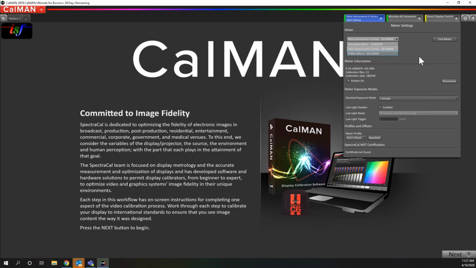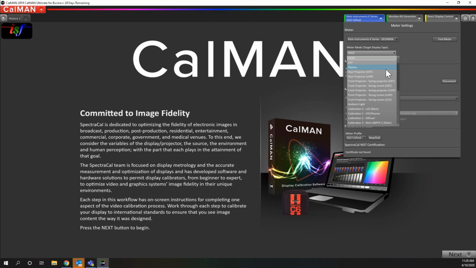And it's not like it's a limit of two. You could have multiple selected. Now here is where we have our meter mode. This is what the built-in meter profiles for the K10 have. One good thing about the K10 is you can actually